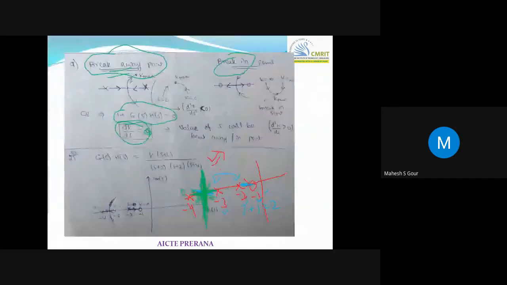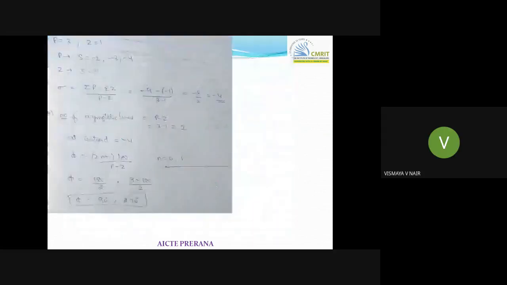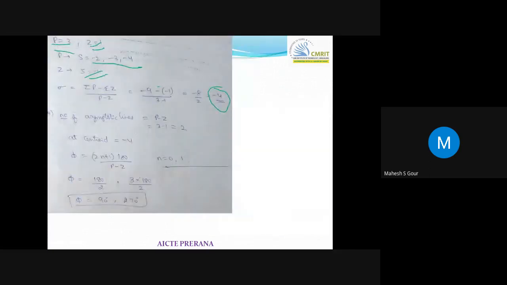Okay. Now what about the centroid? So where will the centroid come? -4, sir. Okay, it will come at -4. That is, the total number of poles is 3, zeros are 1, poles are -2, -3, -4, and the zero is -1. So I am solving this slowly because if you solve one problem, you can do any number of problems. The same procedure holds for all the problems, right?